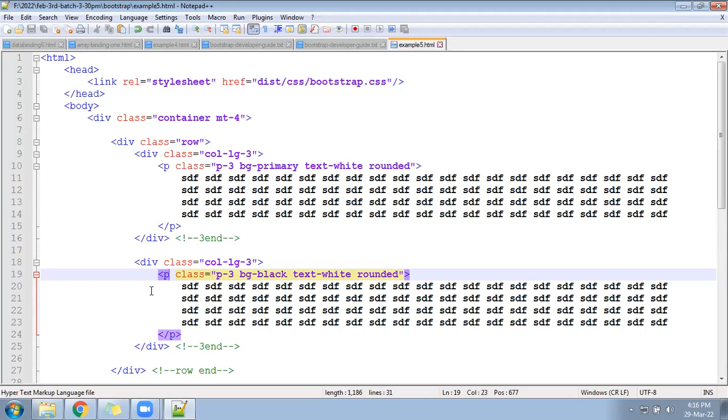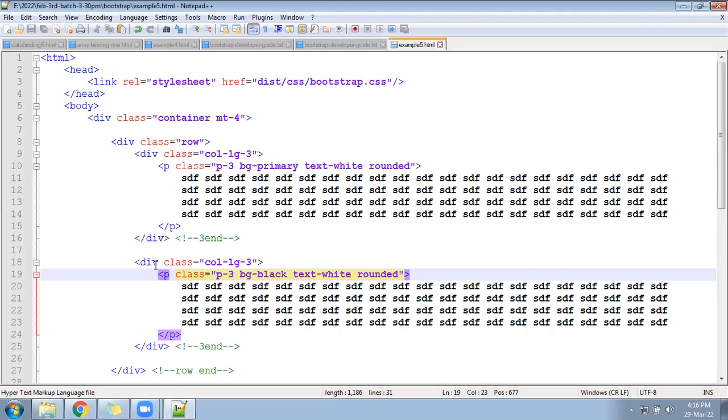Ready? Let me check once. Say black color and text is white color. So this 3 is over.